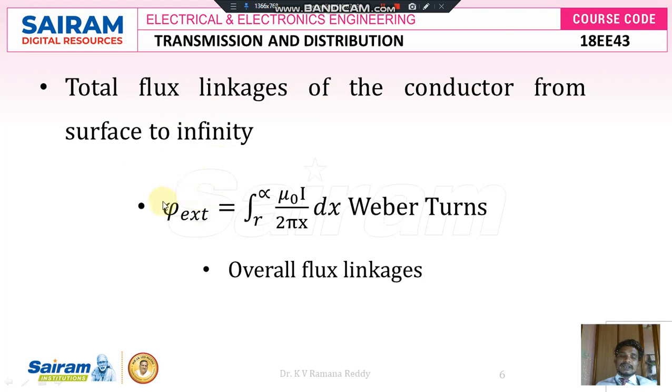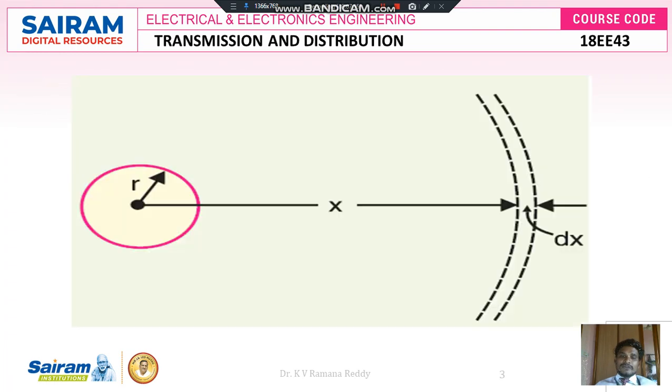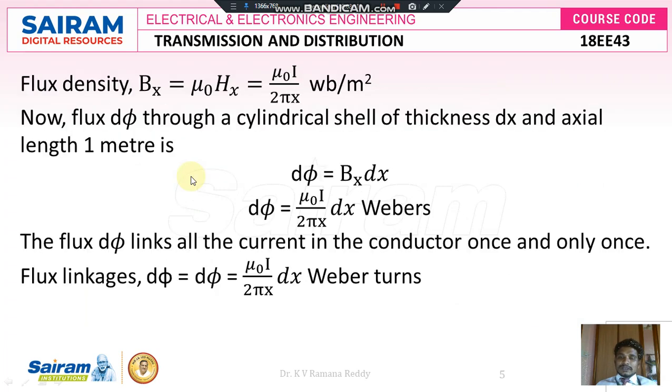So if it is the formula, then the total flux linkages of the conductor from the surface to infinity, that is the external flux linkage. There are two types of flux linkage, one is internal flux linkage, another one is external flux linkage. External flux linkage is because of the flux which is linking from two unknown locations like P1, P2 having distances of D1, D2 from the center of this conductor. So from these two points there is a flux linkage. Due to that flux linkage there is a small amount of inductance which is added in that conductor. To measure or identify that small amount of inductance which is added in the already existing transmission line, we are going to define the formula.